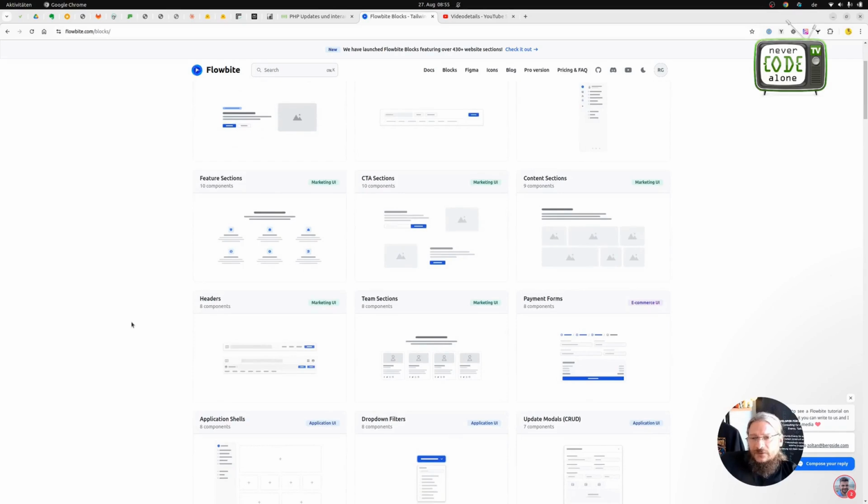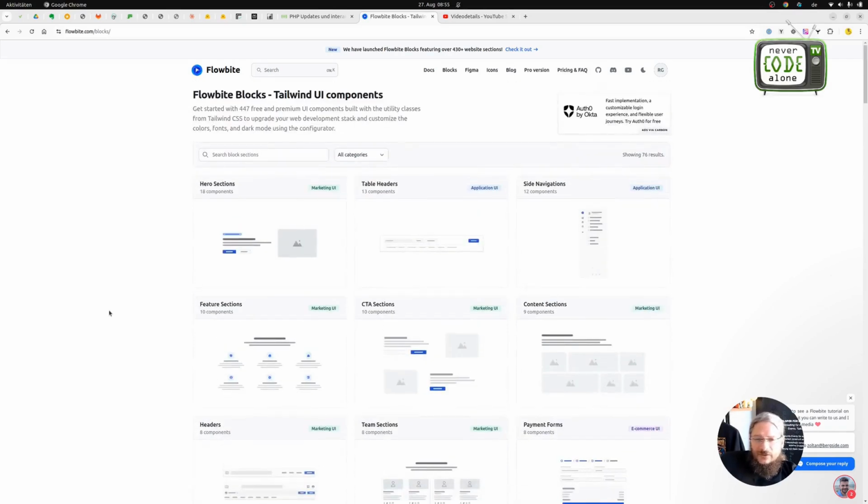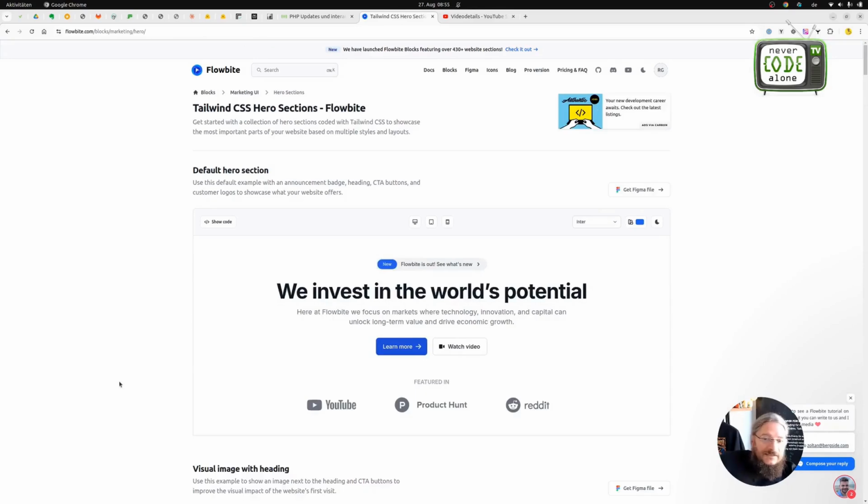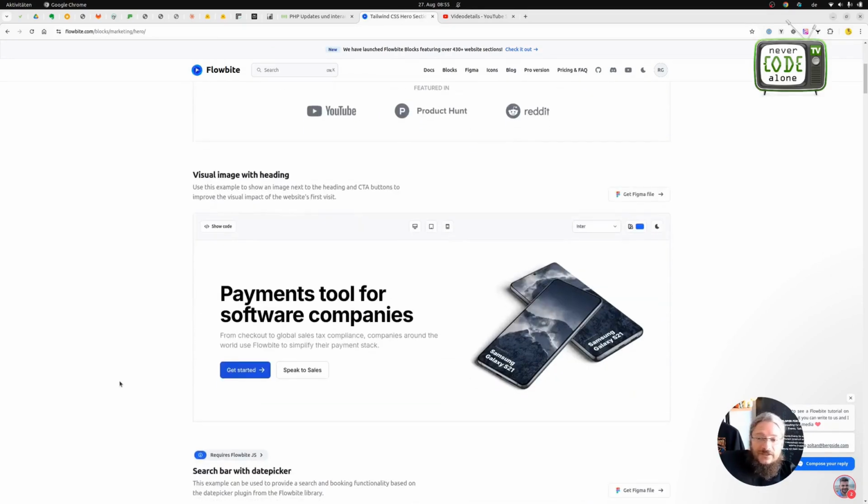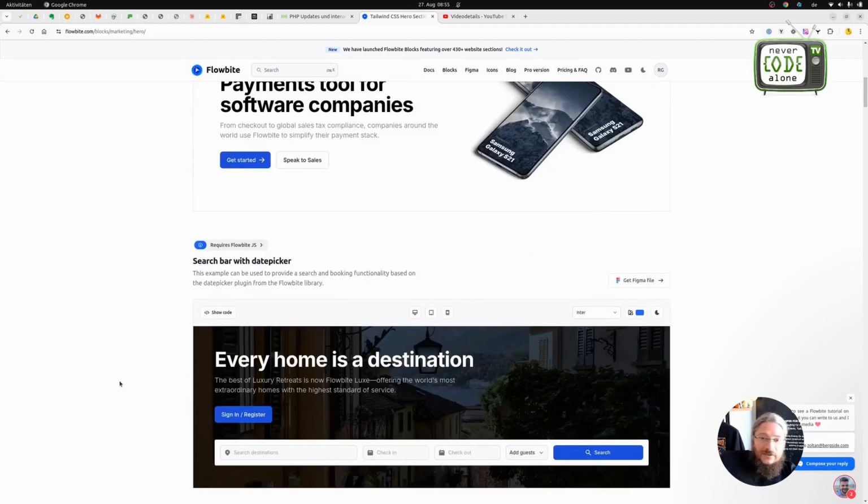These blocks are very well organized. Soon I will be implementing a new header section live on the Never Code Alone page. That is definitely important, among other things, for accessible web design, which we are very committed to, and in the process we unfortunately can't make any progress with the current header.